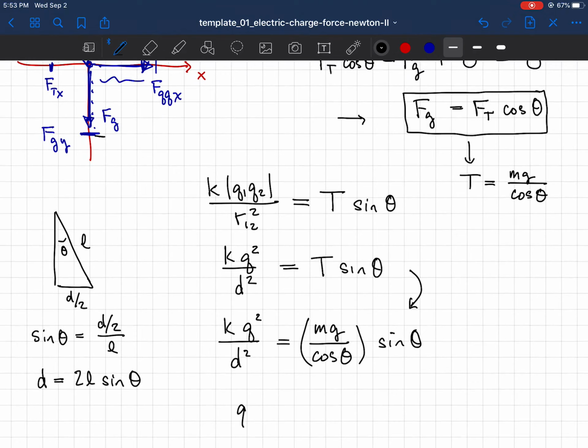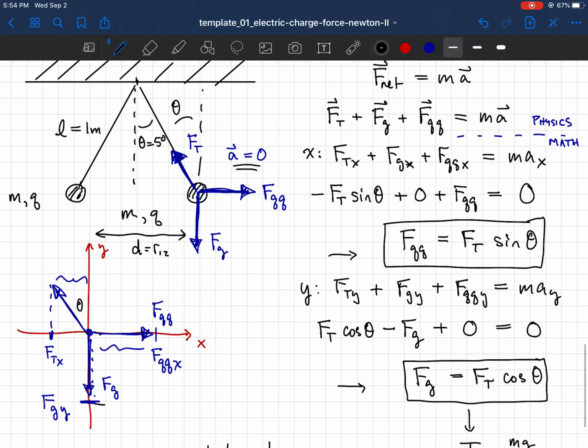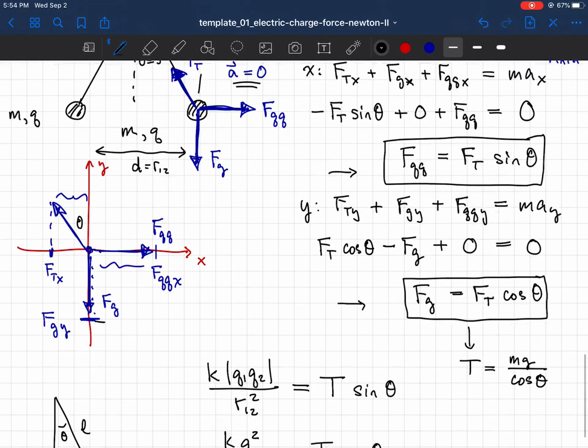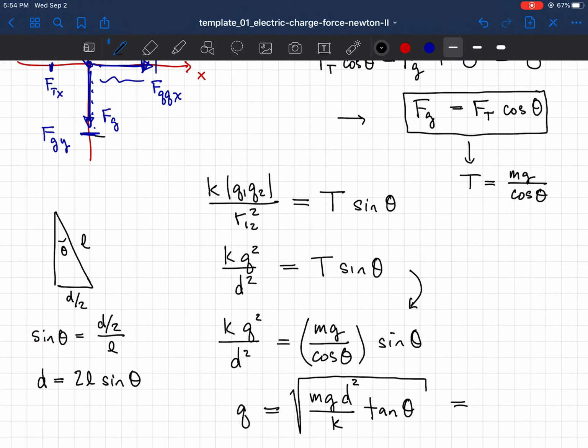And finally I can solve for Q. So Q then is going to be equal to the square root of mg d squared over k times sine theta over cosine theta, which is tangent theta. And then this was Q squared, so I'll just put a square root around that there. I'm not going to plug in the numbers. I'm sorry, I should have had a number there for L to begin with, but from here you can actually calculate the numbers. So that completes